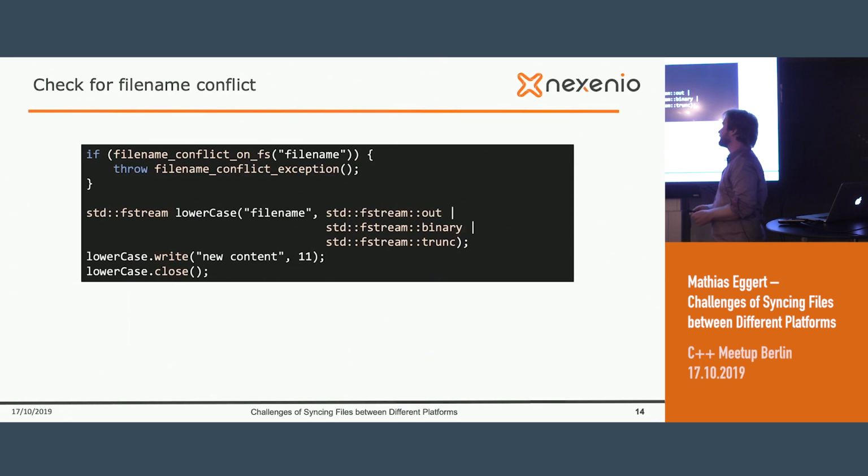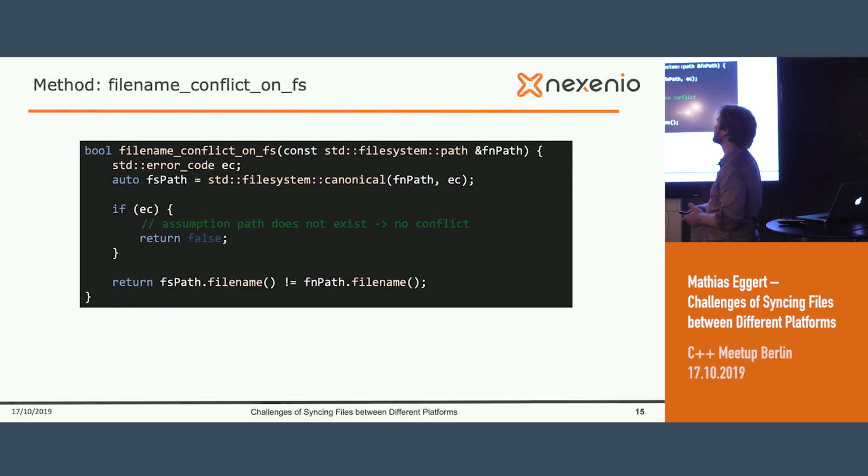So let's fix it quickly. We just implemented a function beforehand that checks if there is this kind of conflict, and if that conflict happens, then we throw an error, or we throw an exception, obviously, so that we're not overwriting the uppercase file name content. Let's look a little bit deeper at how we're doing this file name conflict on file system function. And the main part of it is the C++17 function std::filesystem::canonical, because this method is giving us the real path, or in this case, the real file name of the file we ask for. I will give you a quick example.